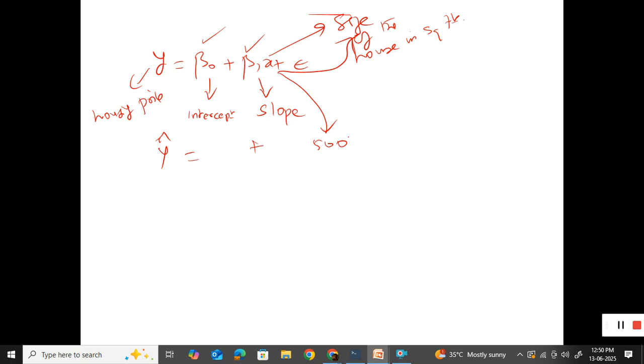I just plugged in some value in this equation. And if I know the values for beta naught and beta 1, and I plug them in here, I can get the predicted value, isn't it? If I know the beta naught value and the beta 1 value, this is my beta naught and beta 1. So we don't have to worry about it, so listen very carefully. I did not use the term computing. Estimating the value for the intercept and estimating the value for the slope. Is it clear?